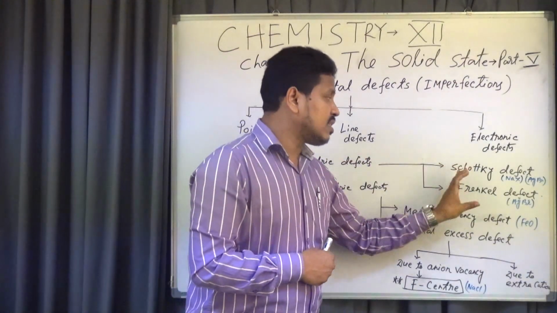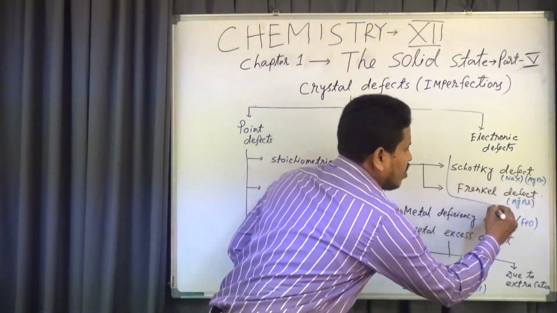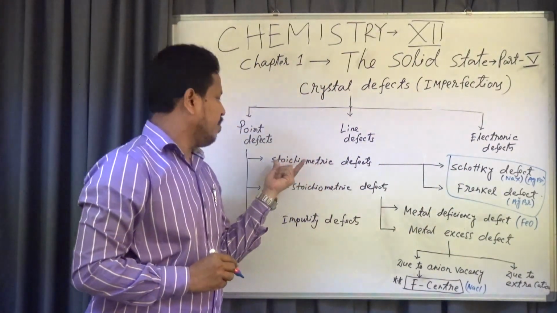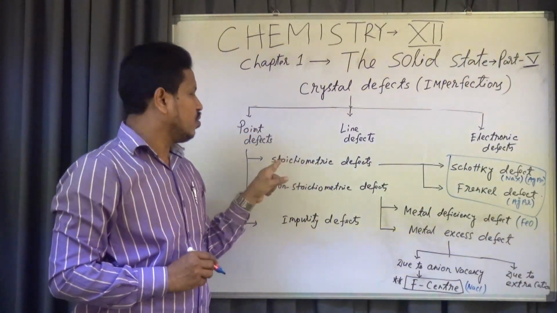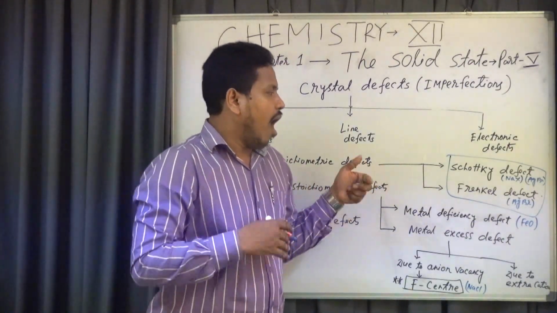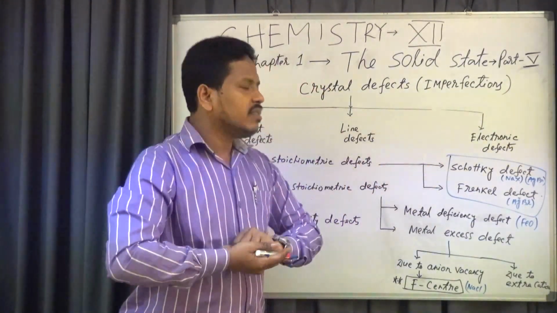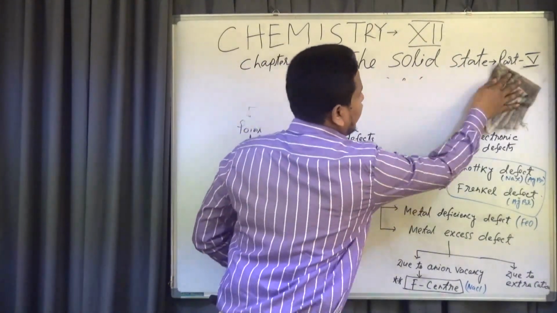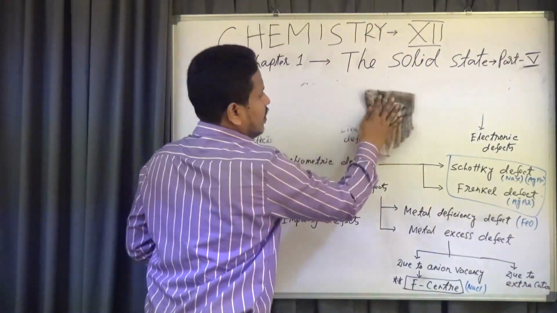Both Schottky and Frenkel defects are very important. Note down very carefully, students. In both Schottky and Frenkel defects, the stoichiometry remains unchanged. So these are stoichiometry defects. How does the stoichiometry remain unchanged? I am discussing one by one. Schottky defect. In Schottky defect,